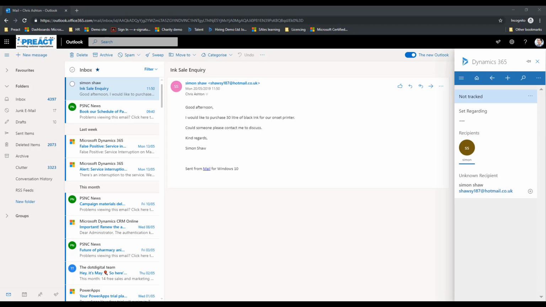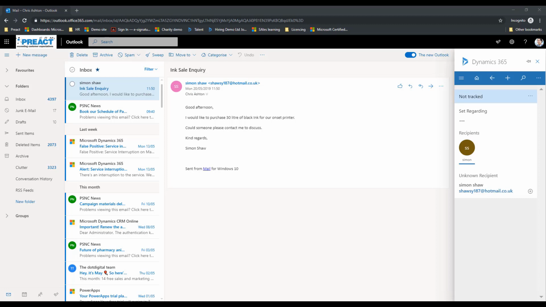What I'd like to do is begin the demonstration on the unified interface by looking at the responsive design and how this renders in different environments. So I would like to show how this renders in the Dynamics app for Outlook and in the browser and also on the mobile client. So what I'd first like to do is, you can see on my screen that I have an inquiry from someone. And basically I'm going to push this into the database and then show you how that record then renders